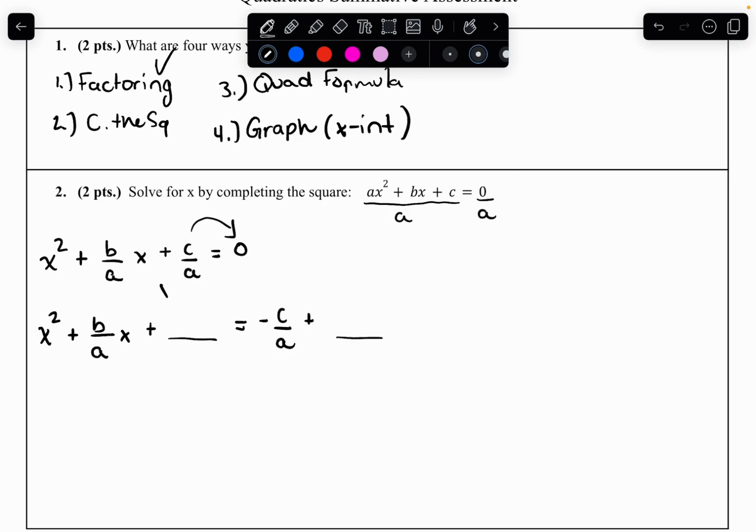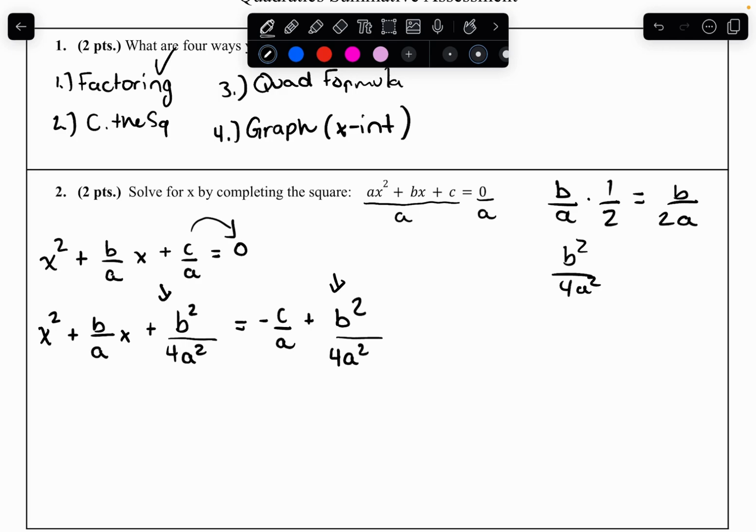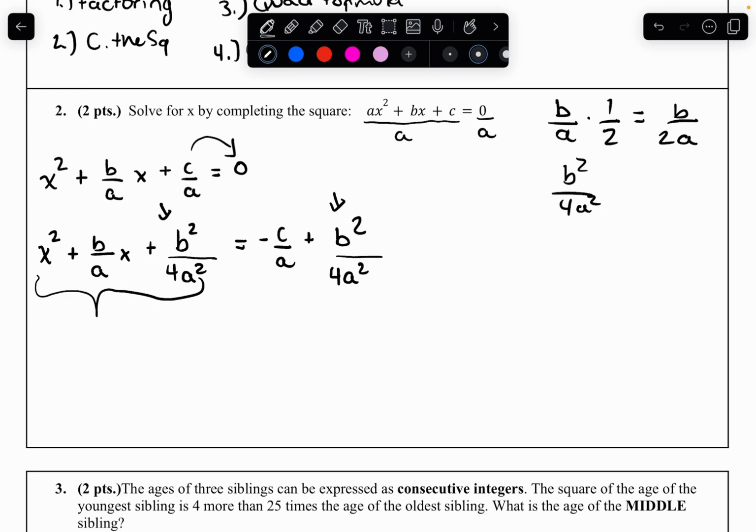Okay, the value that goes there is the middle term divided by 2 and then squared. So b over a divided by 2 is b over 2a, and if we square that, we would get b squared over 4a squared. So b squared over 4a squared. Okay, so this is now a perfect square trinomial, and the factored form of it is always x plus half of that, so b over 2a